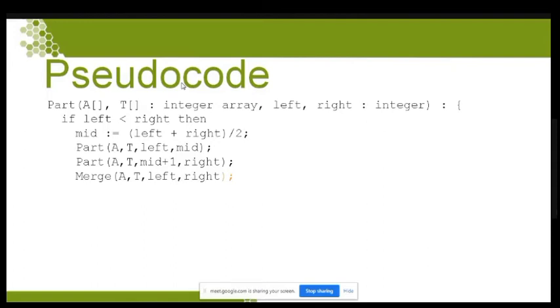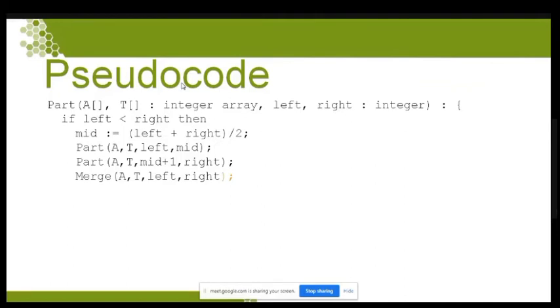Two are arrays, and the third and fourth are the left index element and the right index element. We are going to implement an array implementation of your merge sort. So while you are splitting, we are passing four parameters, two arrays and two declared as variables,